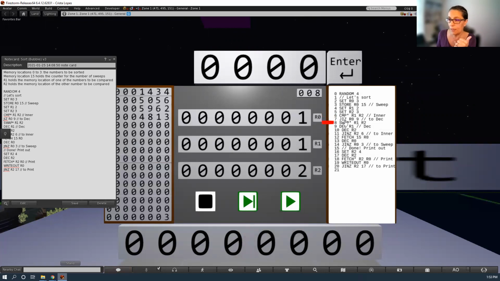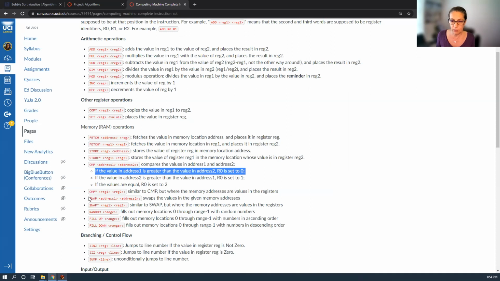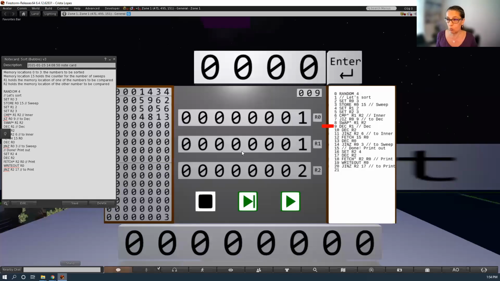We're going to swap the numbers pointed to by these registers. So we're going to swap the numbers at location 1 and location 2. There, they swapped. Did you see? So swap is a new operation also here that you can check what it does. The swap without star swaps when you give them addresses directly, and the swap with a star takes registers and interprets the values in those registers as memory locations and swaps the values at those memory locations, which is what happened over here. So we swapped one,